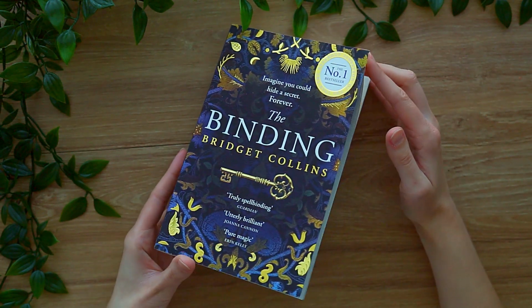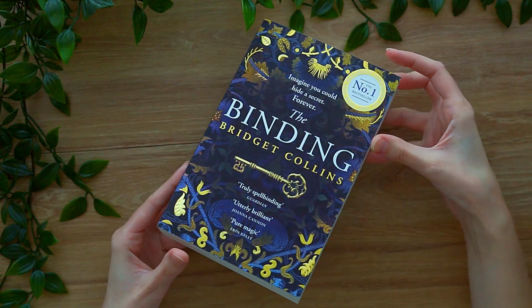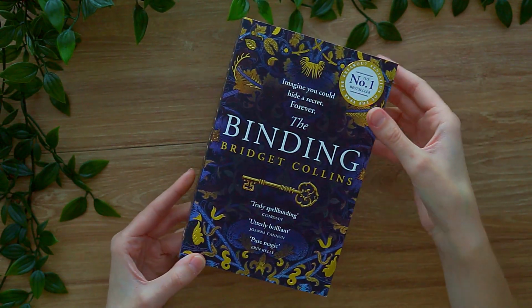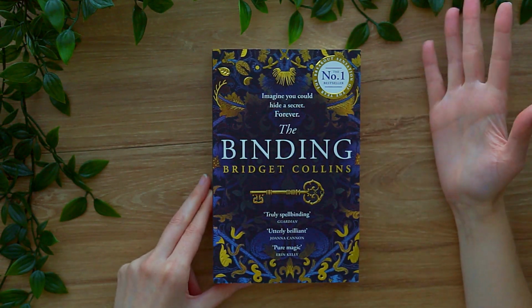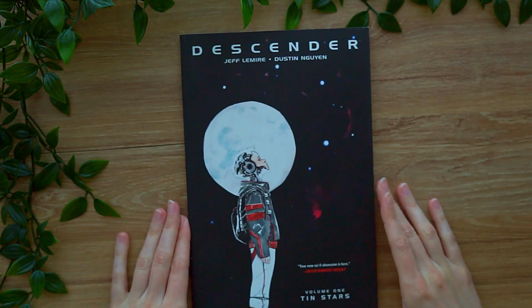And also it's very beautiful, I don't know if we can tell on camera, but it's matte and it has gold leaves. It's just so beautiful, quite chunky too, so I do hope I don't get scared away and I read it soon. The last book that I have is actually a graphic novel, and it is Descender by